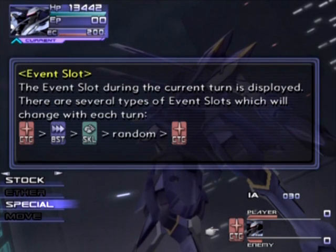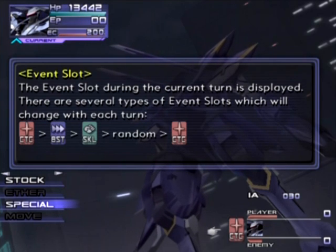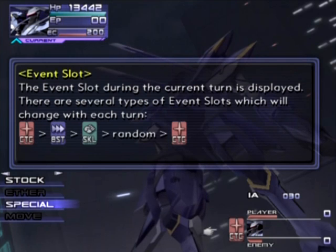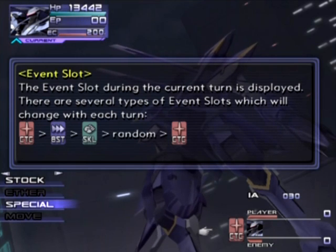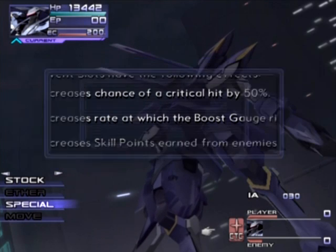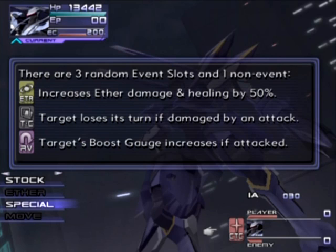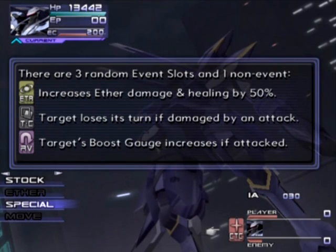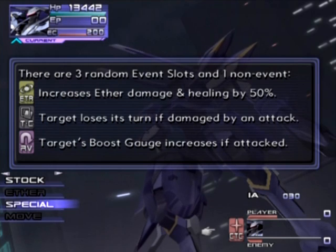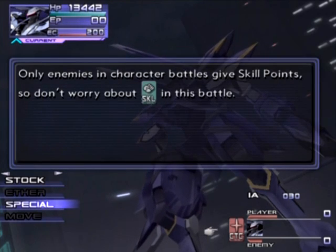Now moving on to the event slot, they're the same as before: critical, increased boost, skill, then a randomly generated one, and then back to critical. Now this random one can be any of the following: turn cancel, which we'll see in a few seconds. That just explains what they all do, which is good because the last game didn't really do that. There you go. Increases ether damage by healing 50%, target loss, so that's turn cancel, and then the enemy getting more boost if you attack it then. So really hold off and heal on the ether one and hit them on the turn cancel, something you want